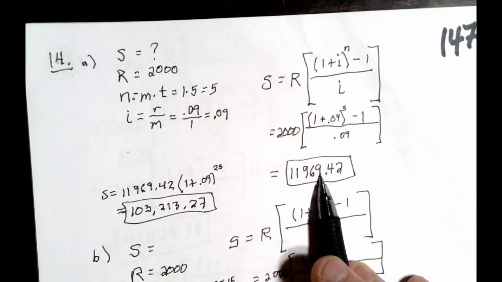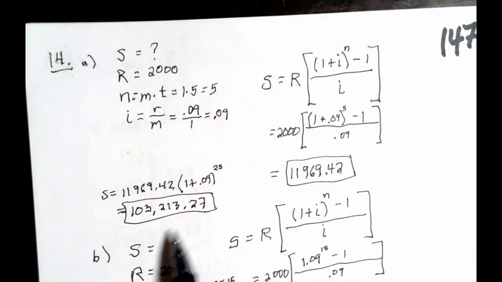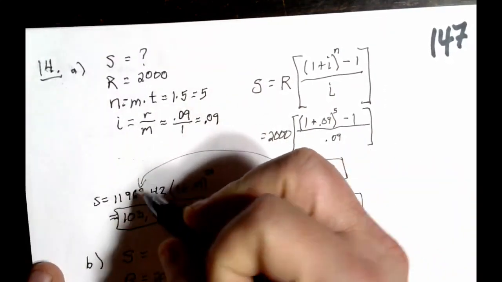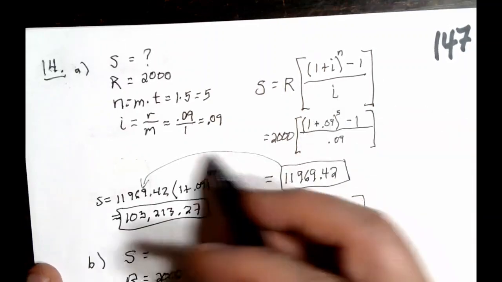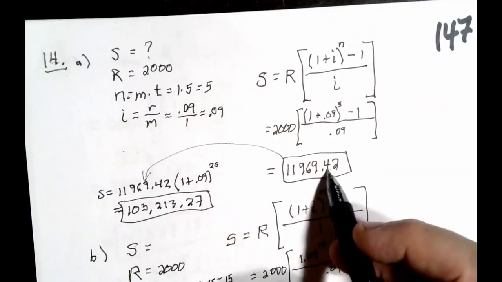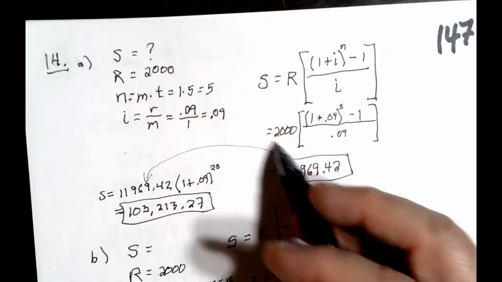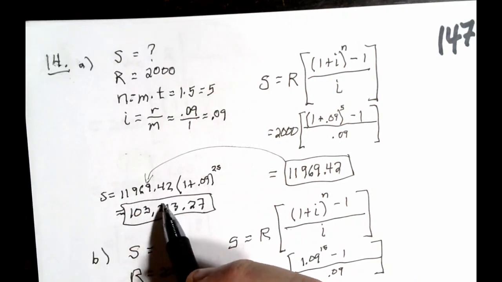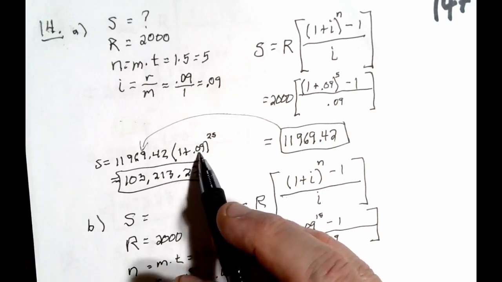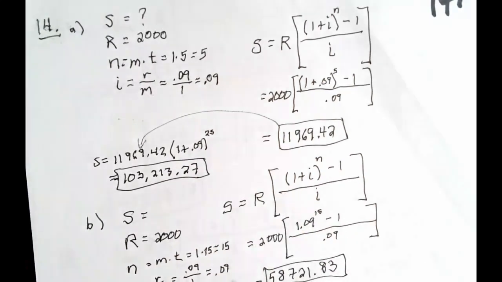So now she leaves the money in an account for another 25 years, compounded 9%, compounded annually. So it's no longer an annuity, it's just a simple compound interest problem where the ending amount in the first part becomes the beginning amount in the second part. This is your P. Where over here, for this part, it was S. And now you throw that into another account, and that becomes P now. 1 plus 0.09 raised to the 25th power, and it's over 1 and times 1, so it doesn't change anything there. And you get